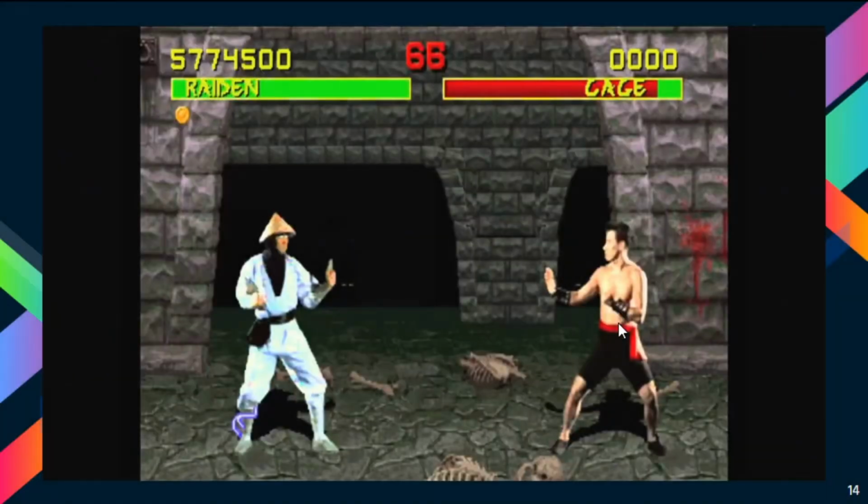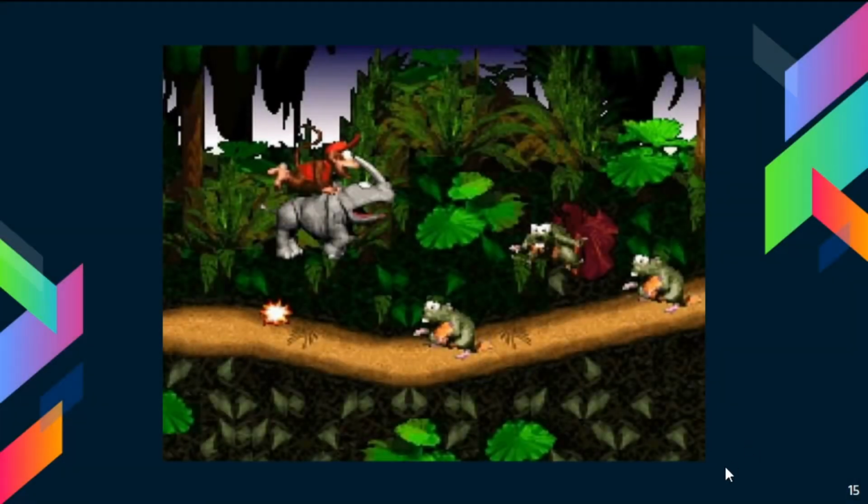And then something on the opposite end, where a 2D game tries to be 3D, we have something like the original Mortal Kombat. This was done because of the restrictions of its time. They would take videos of people in front of green screens, and then just edit them in as a sprite sheet. And a similar thing with Donkey Kong Country. They used 3D models and then rendered them as images in order to let them play on the SNES.